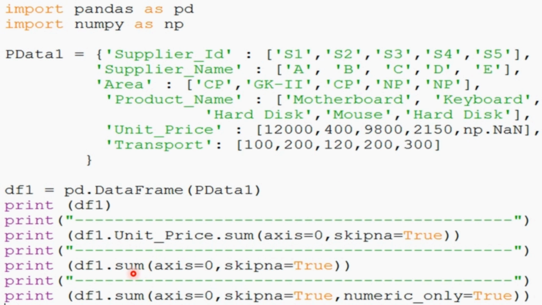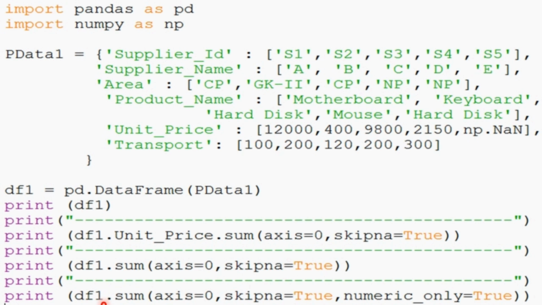And the next statement we have used data frame name dot sum, axis equal 0, skipna equal true, right? It is for all the columns. Here we have defined only for the unit price column. Here we are finding the sum of all the columns, and here also the NaN values will be skipped.